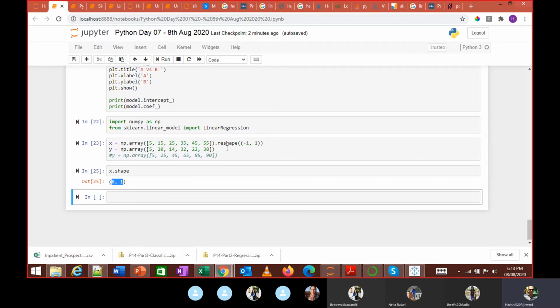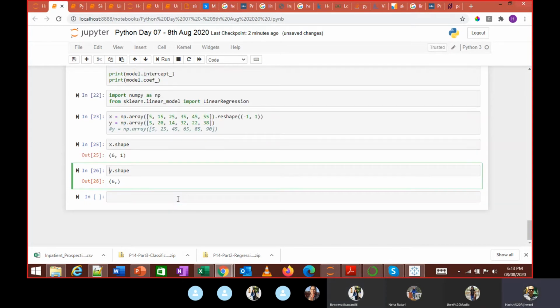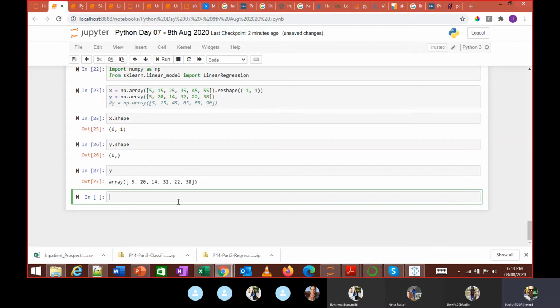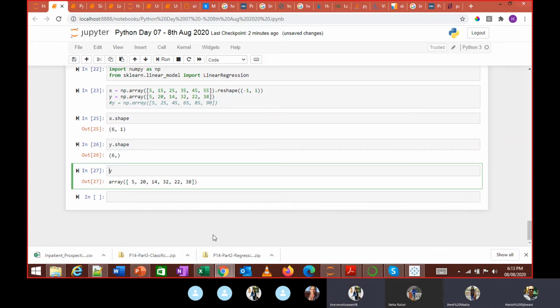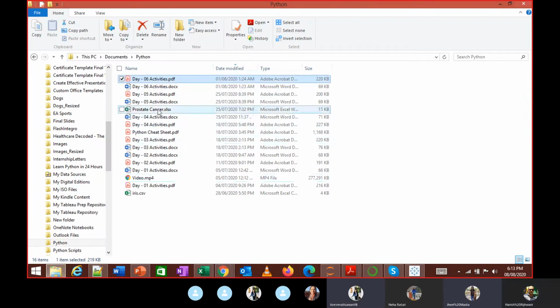If I do the shape of y, there's only one column over here. If I print this y, it's a flat line. That is the requirement. What does the reshape function do? If you remember, it reshapes the array.